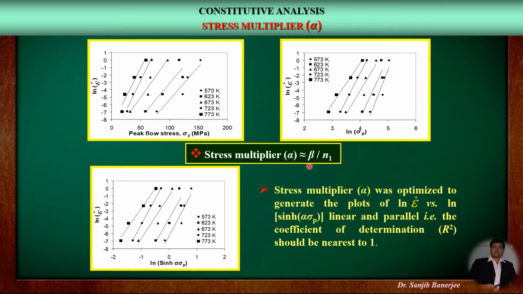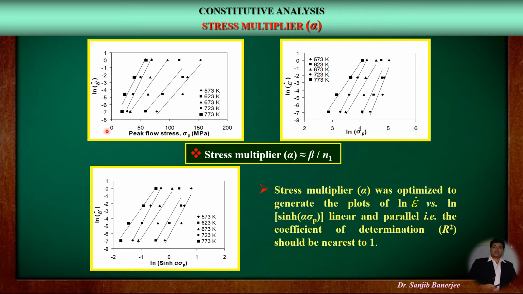Again, if we draw the plots of log of strain rate versus the log of peak flow stress, or sigma p, for different values of temperatures, we once again get different sets of straight lines which are fit through the different sets of points, and the average slope value gives us the value of n1 with respect to the first constitutive model. Now the stress multiplier alpha is approximated to this beta by n1,